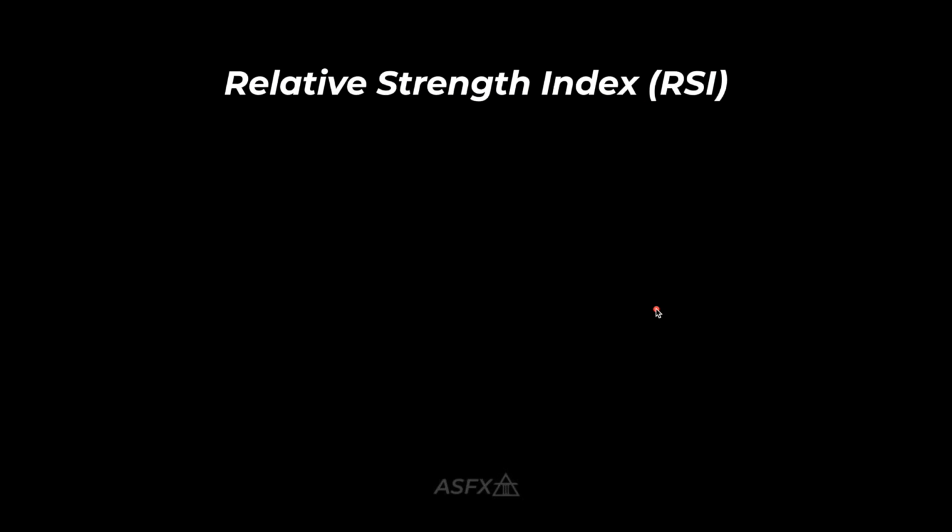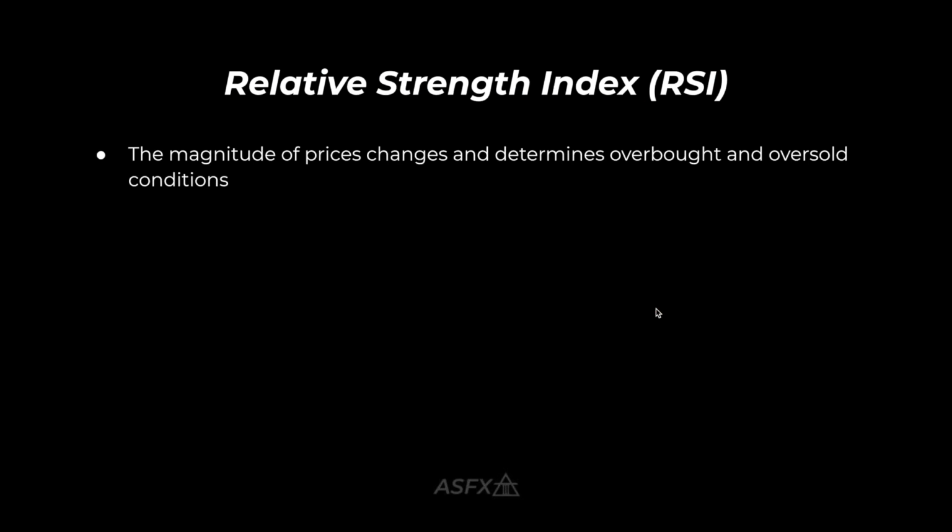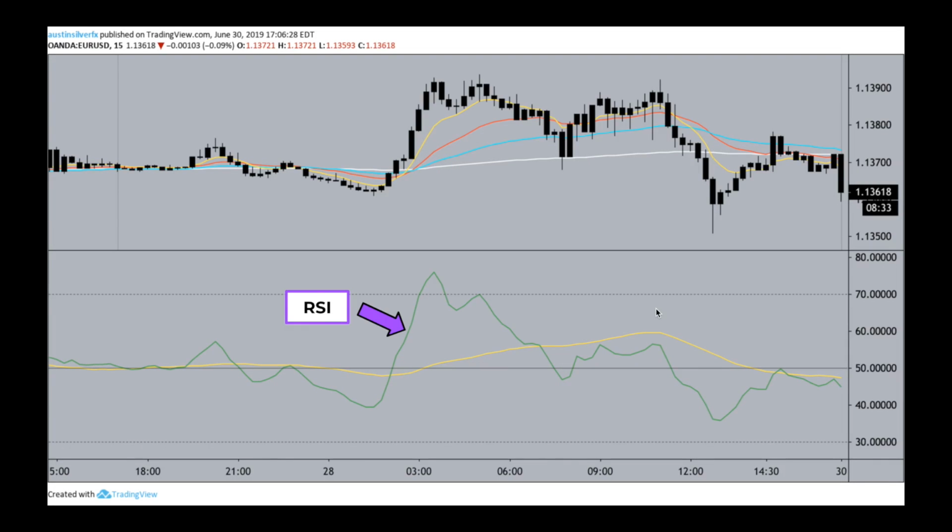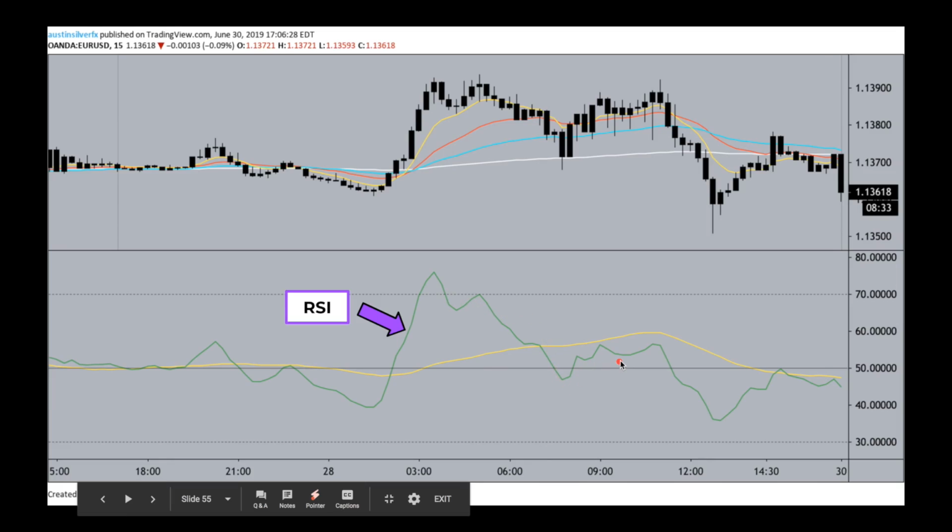Now, we'll add in the relative strength index, the RSI. This will show us the magnitude of price changes and determines overbought and oversold conditions, which is very important when using our advanced system checklist. This also is going to determine the buy and sell zones, and it's labeled as the green line on my TDI. And here you can see when I add that in, that's what the RSI looks like.